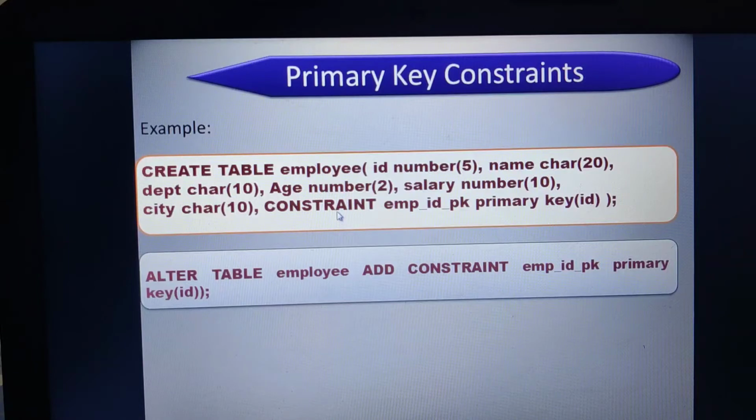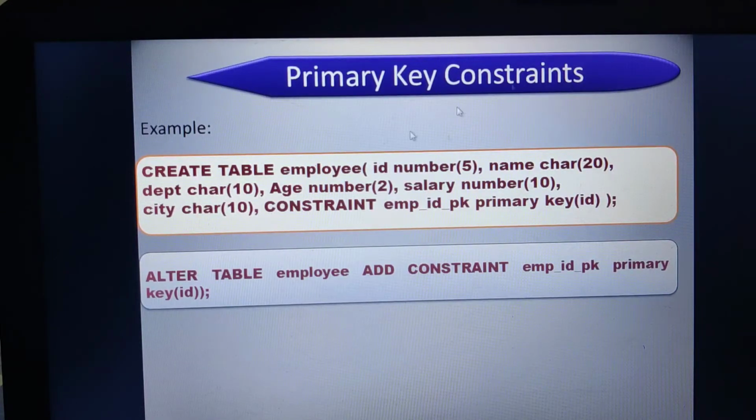Then constraint, constraint name, then apply which constraint you want, that is primary key, and on which column I want it, that is ID, and then close it with a semicolon. So this is how you define the constraint at the table level. Both do the same. Column level also applies the primary key on the field ID, and the table level does too, but the way of defining is different.